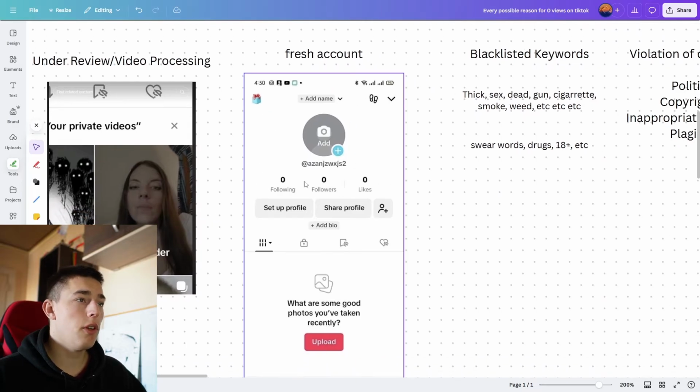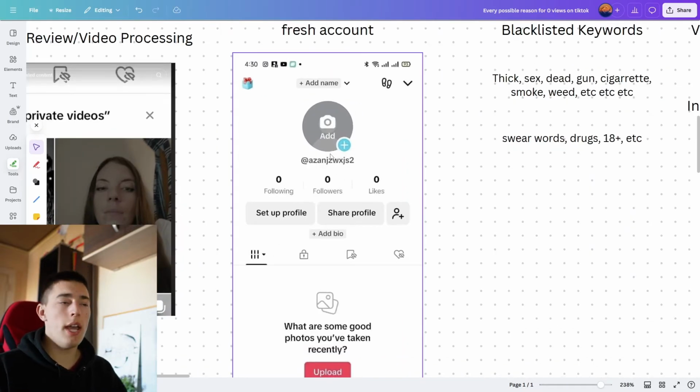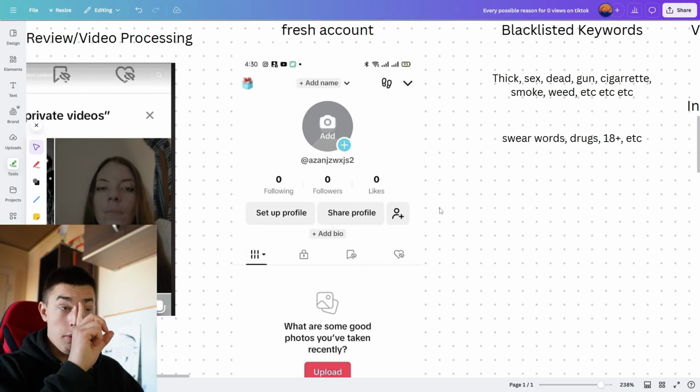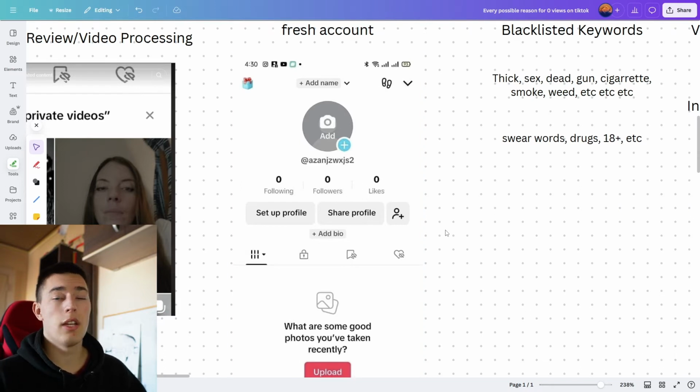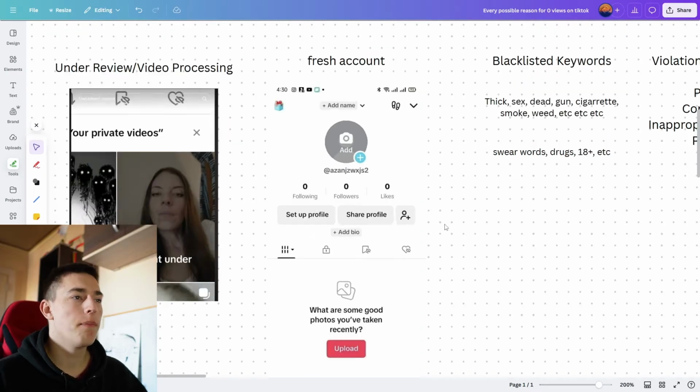Second, fresh account. If your account looks like this and you start posting right away, you just created an account, you didn't even scroll, boom, boom, boom, right? You want to post? Yeah, there's a high chance you might get restricted in posting, right? Especially, what you also might notice is that when you upload the first post, sometimes it's set to private, so check that. Perhaps you're getting 0 views because your account is private. But yeah, fresh accounts get restrictions sometimes. This is all to keep spam away.